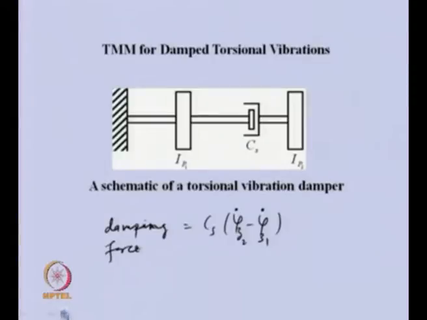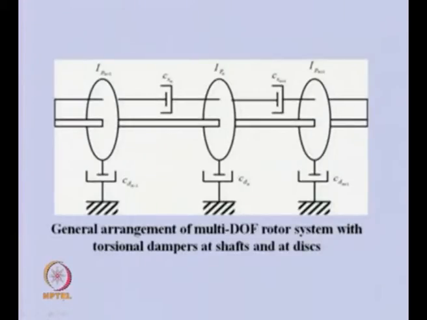Now let us see a multi-disc rotor system in which a number of discs are there, and each disc, because of the working fluid, is having some kind of damping. So at every place we have added a damper, and the damping coefficient of each disc we are rating as C subscript D, and these are for various discs like the n minus 1 disc, nth disc, n plus 1 disc. So each disc is having some dampers.